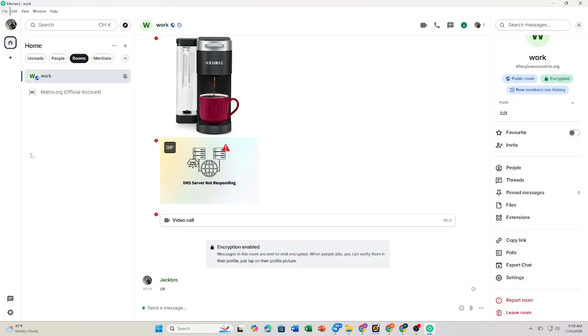I'll show you how to block someone in Element Messenger step by step. Blocking a user helps you avoid unwanted messages and interactions, giving you more control over your messaging experience. So let's get started. First, open the Element Messenger app on your computer or mobile device and sign in to